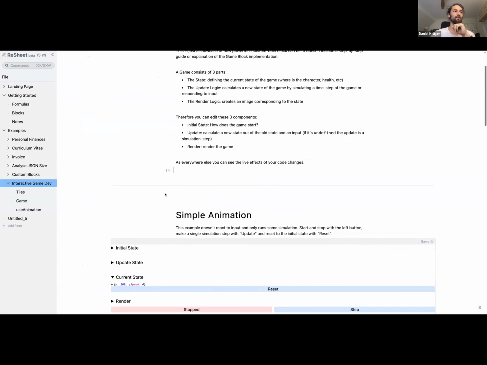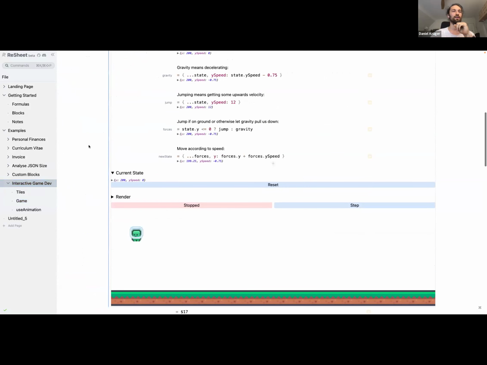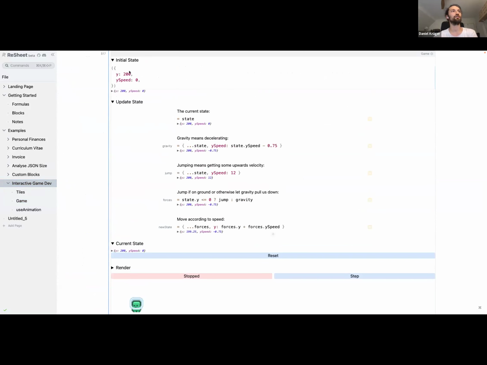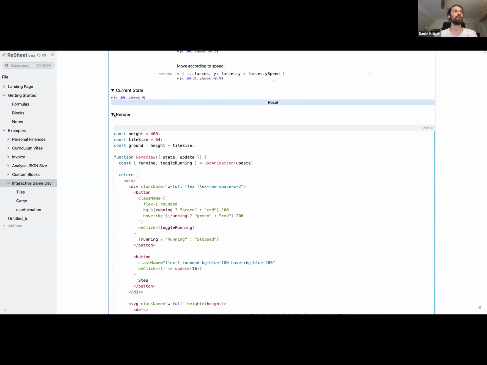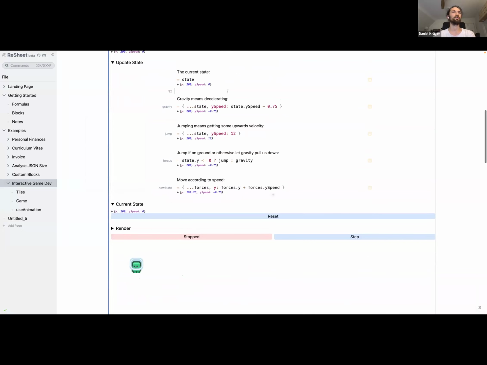With that, I can do an animation or build a game, and see live how everything is calculated. I have an initial state that I specify for the game, a render function below here that I just hide, and this update state code, which is a sheet itself, and I can run it and see how it updates, very slowly now with screen sharing.